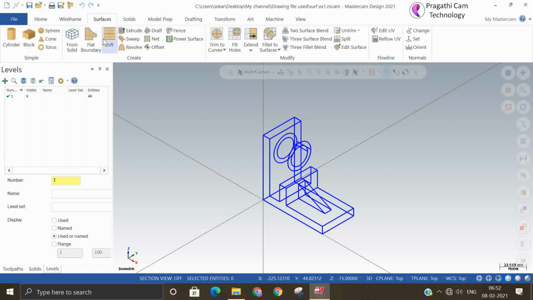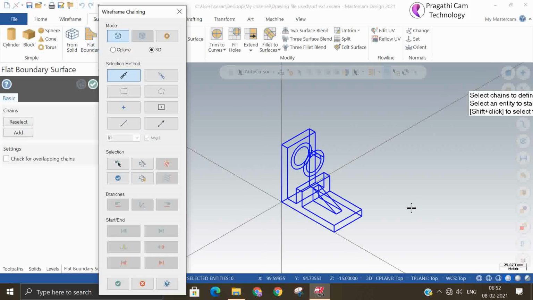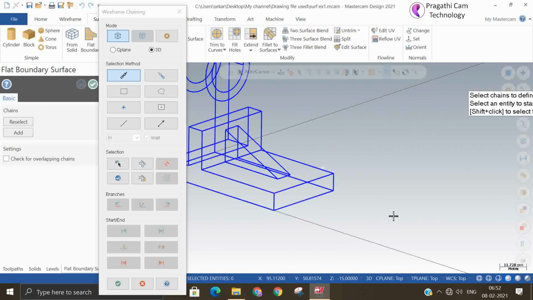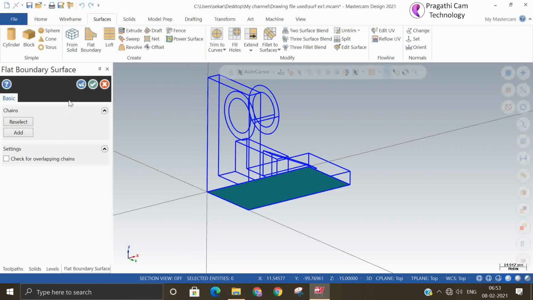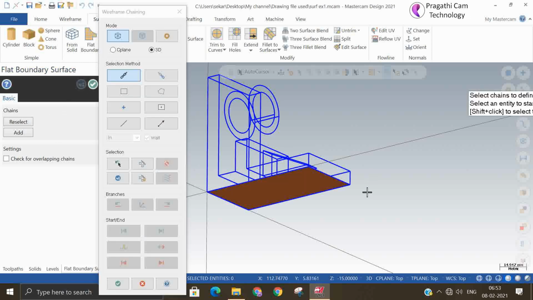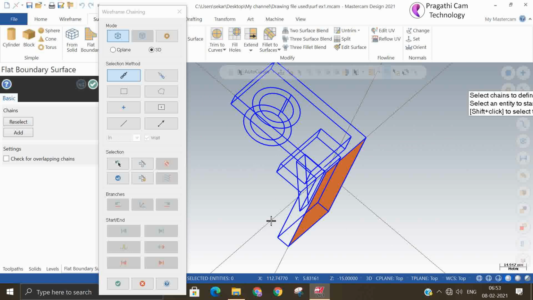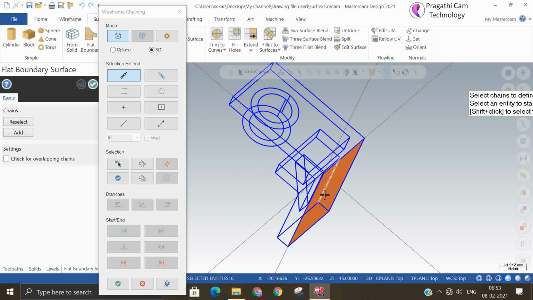Now we will use flat boundary. First of all, you start with the hidden faces so that it will make it easy for making the model. So now I am just converting the wireframe model to surface model.